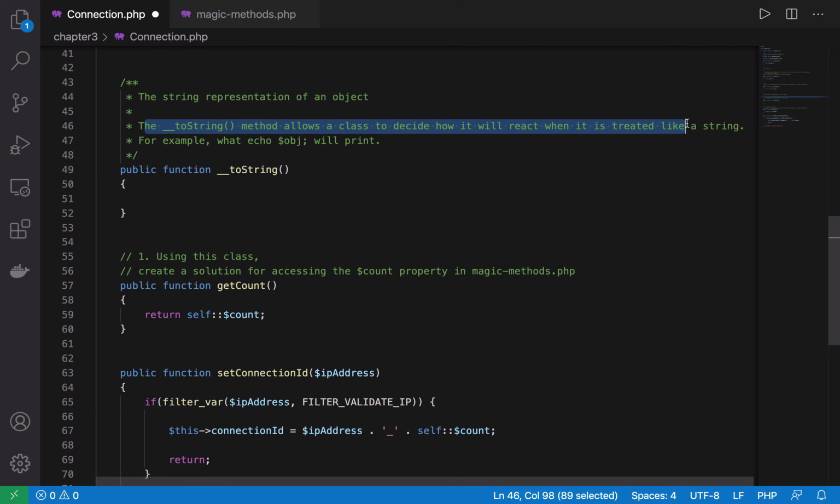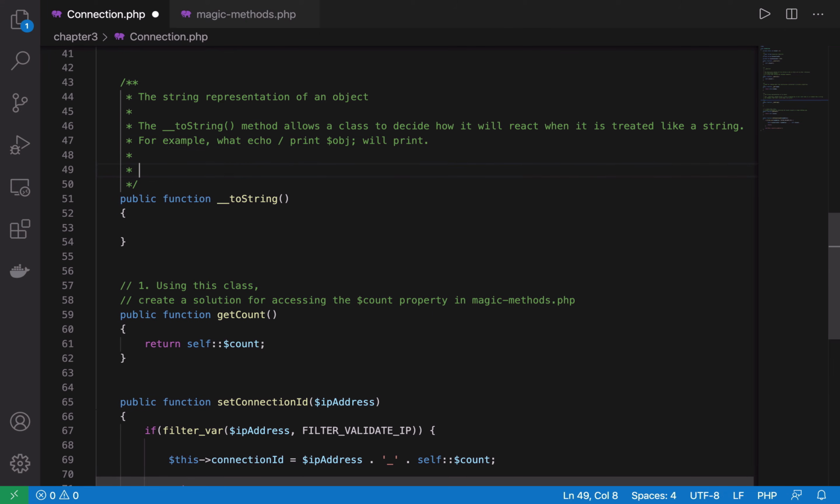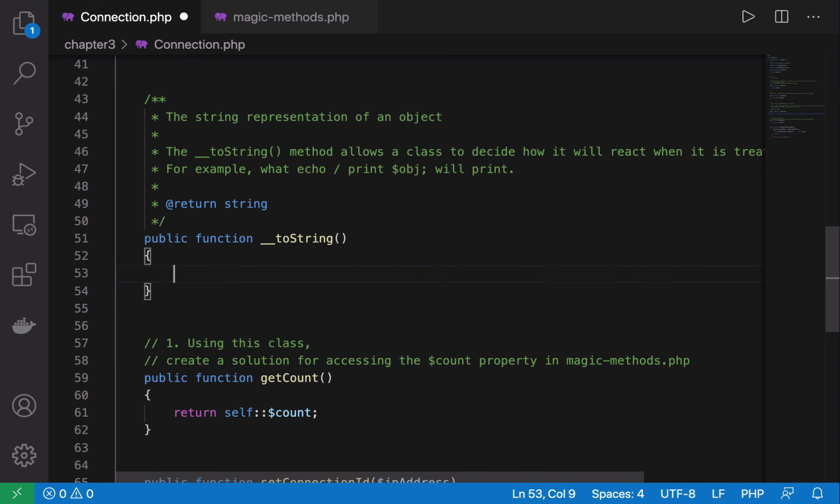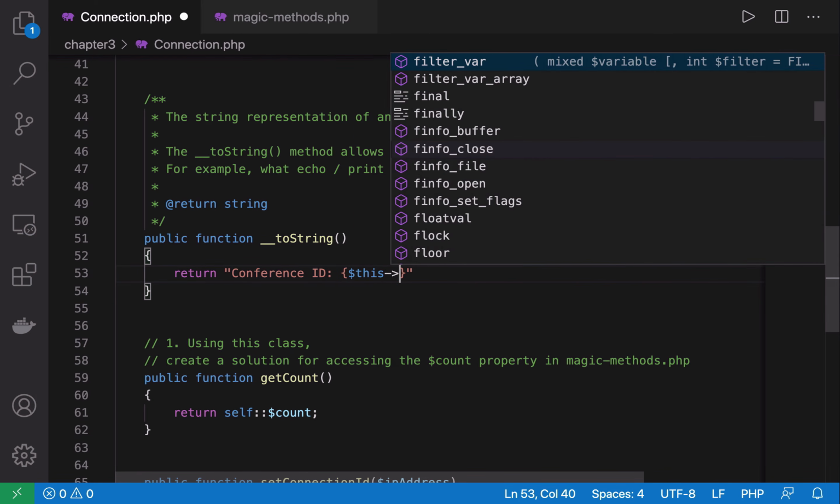So like it says here, the class decides how it will react when it's treated like a string. So the one big essential requirement here is that we actually return a string. Let's document that using our doc blocks, and the way we document it is we say @return string. So you're telling anyone who reads this code that you must return a string from this method, and we'll just build up a string,